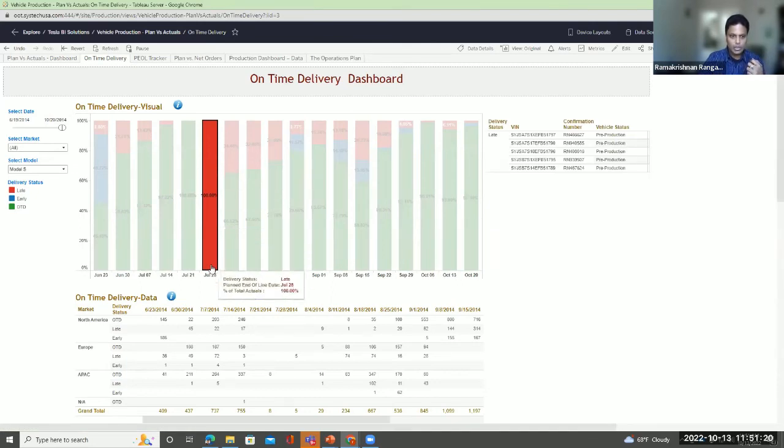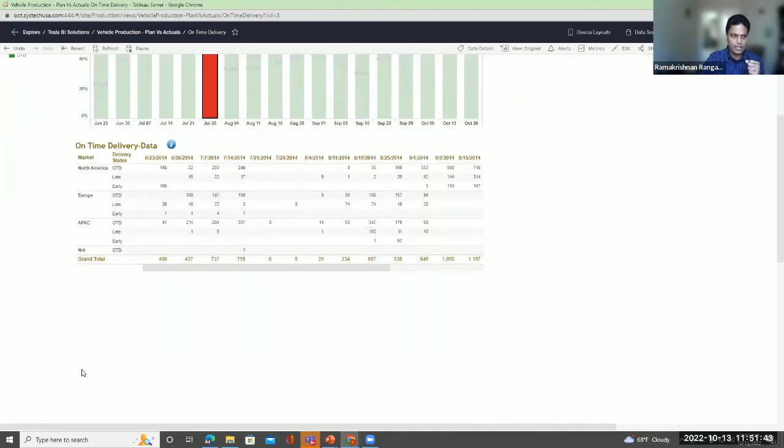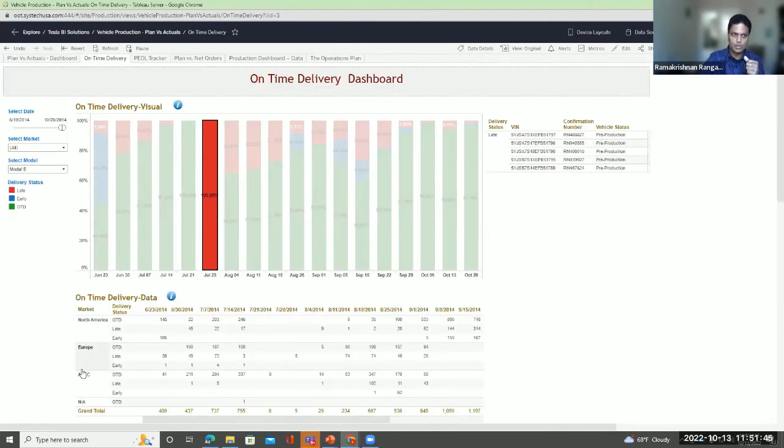Now, you can actually drill down to the individual VIN level and then go into further details about where it is being manufactured, which plant, and where exactly the delay is and things like that. So you can go down to that level to figure out what the actual root cause of the production delay is, and then fix those errors. And of course, this can be further broken down by different markets and other dimensions as well, just like what we saw in the previous dashboard.